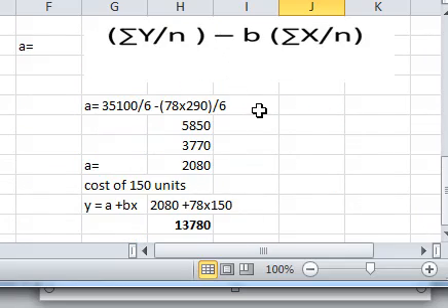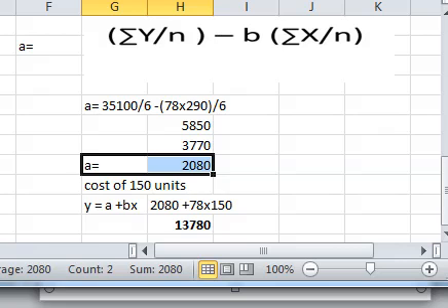If we substitute in our figures, then you have our summation y, which is this 35,100 divided by 6 minus b, which we have already got up here, which is 78, then times summation of x, which is 290, divided by 6. So this is the sum, this is this, and this one is this. So we get this minus this, we get our a as